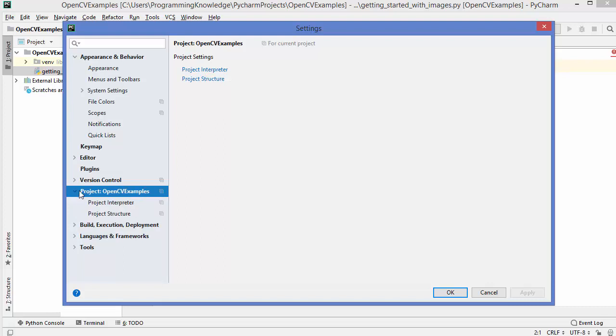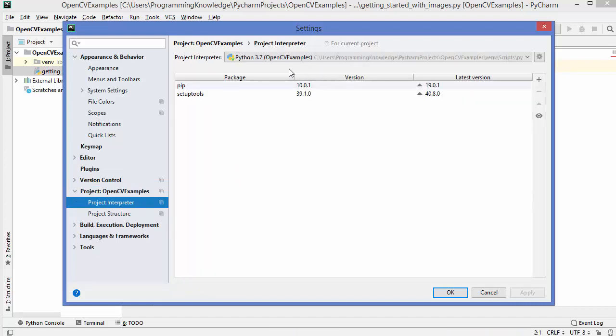Just click on this section and then click on Project Interpreter, and on the right hand side you will see all the packages which come pre-installed when you create a project inside PyCharm IDE. Now we want the OpenCV Python package.